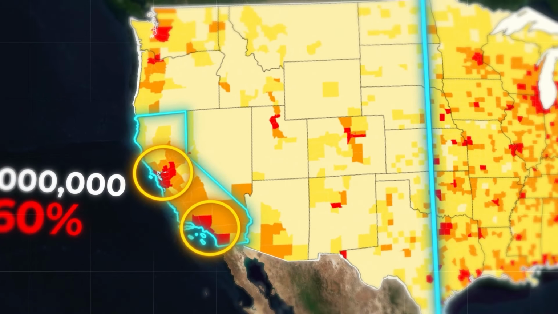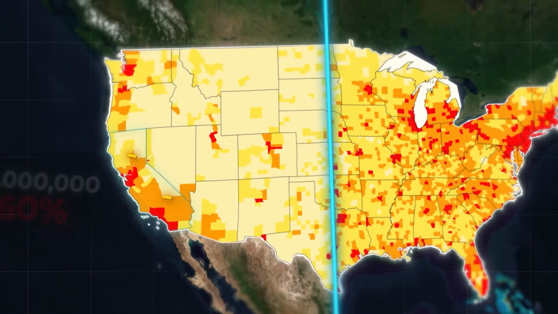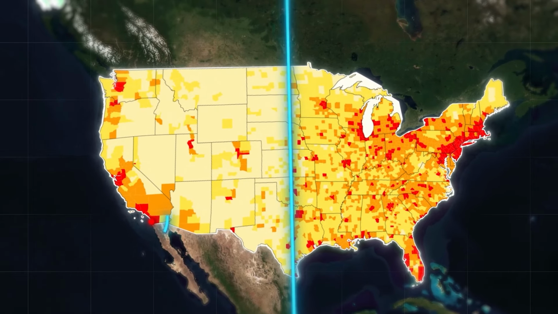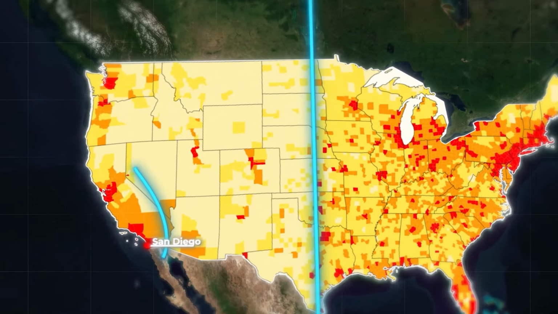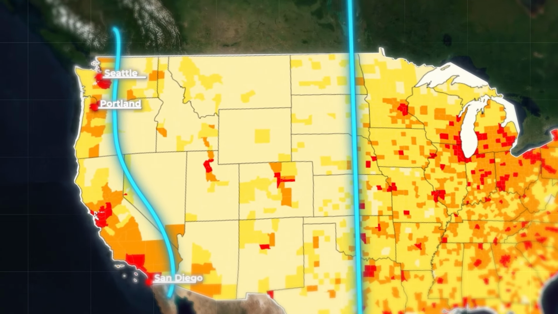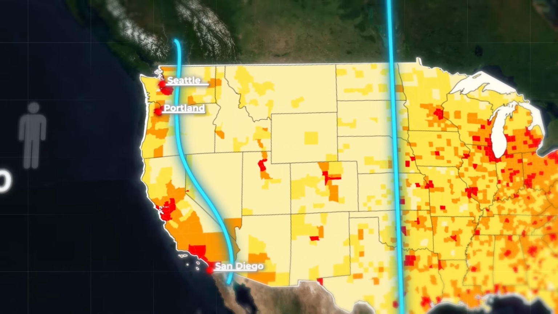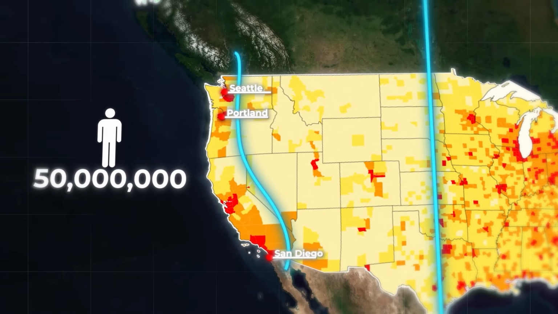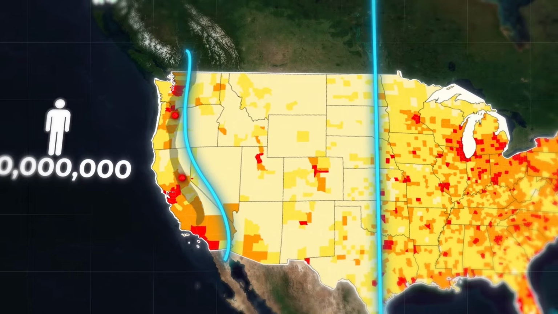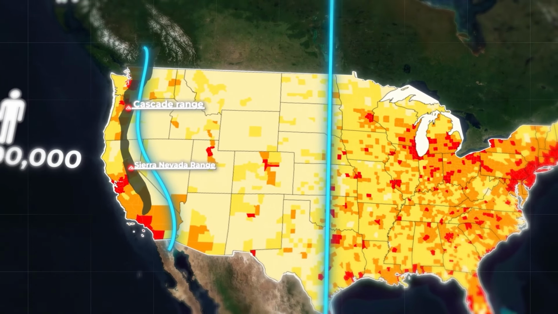But let's just forget about California for a second and skip over to a part where we draw a separate line from San Diego in the south, across the US West Coast, through Portland and Seattle in the north. We would find that there are around 50 million Americans who live within the narrow coastal plain between the Pacific Ocean to the west and the Cascades and Sierra Nevada mountains to the east.